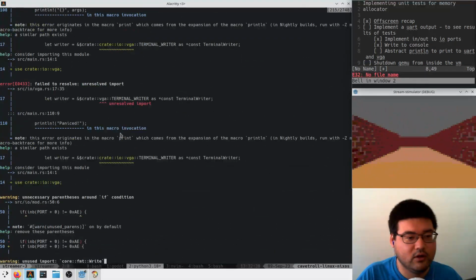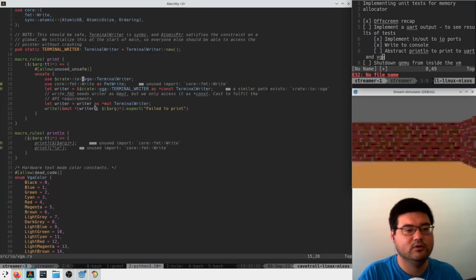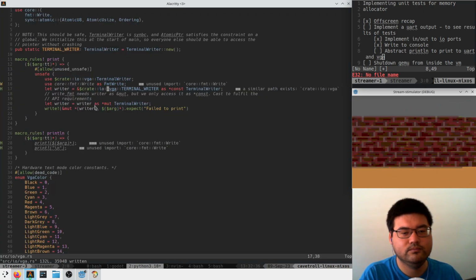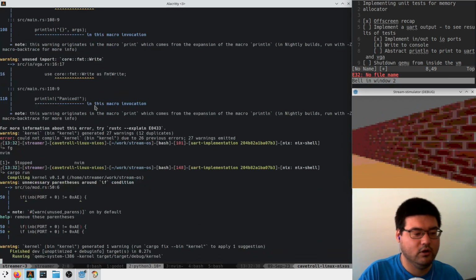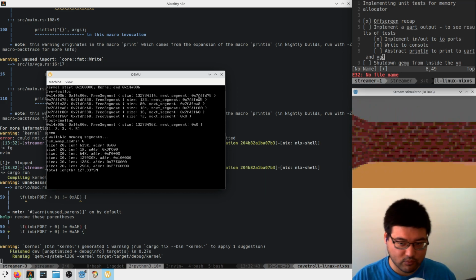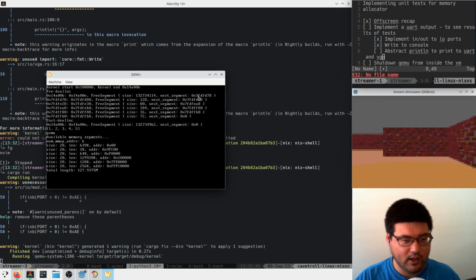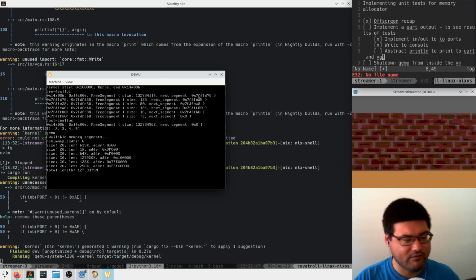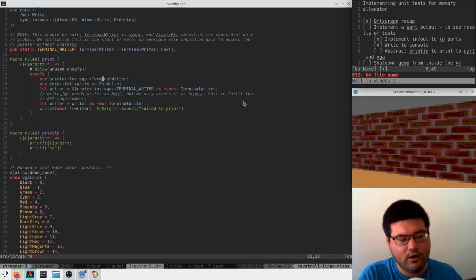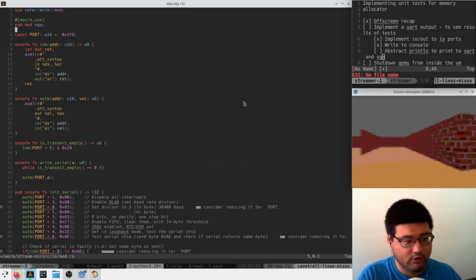What doesn't it like? Crate VGA unresolved import. Here as well. There we go. Okay, sweet. So the print line's bubbled up. We've moved some stuff around. VGA is now in the IO module, and everything's still running correctly. So we're happy there. And now let's, in the IO mod,